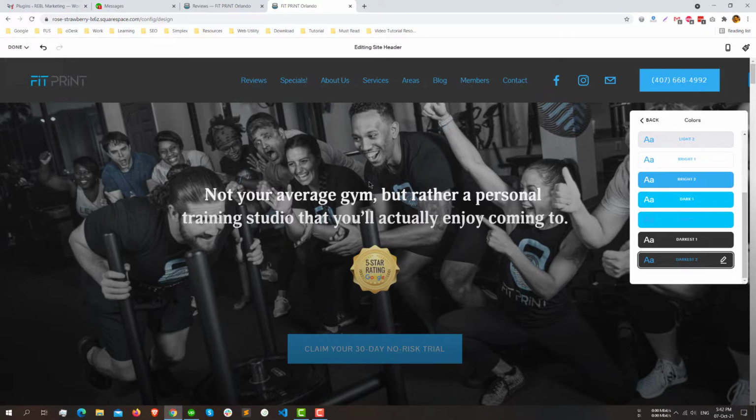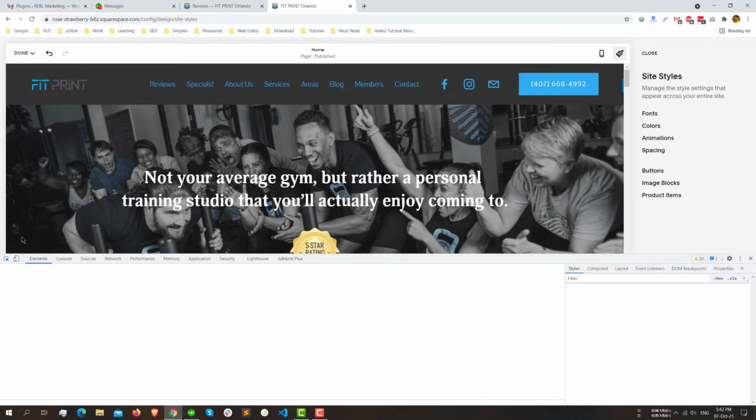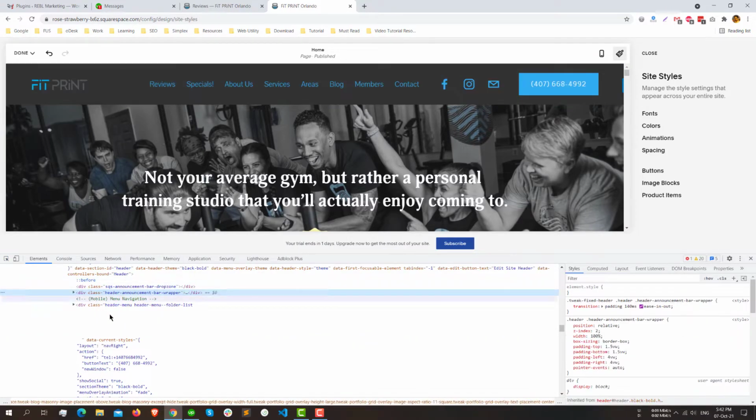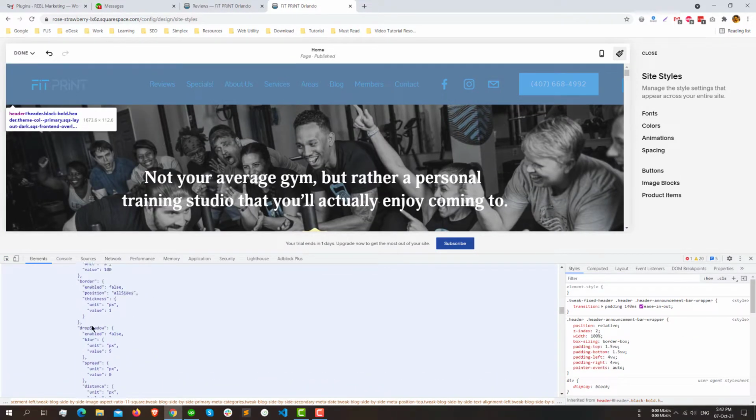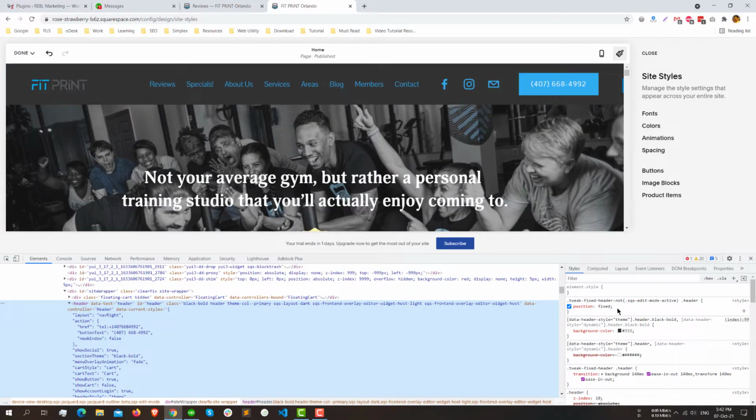So for this you just need to target the class, this header class. Like if you go to here, you will see that you need to copy this CSS class and you need to click here